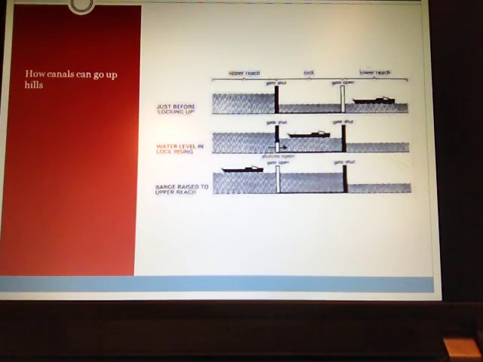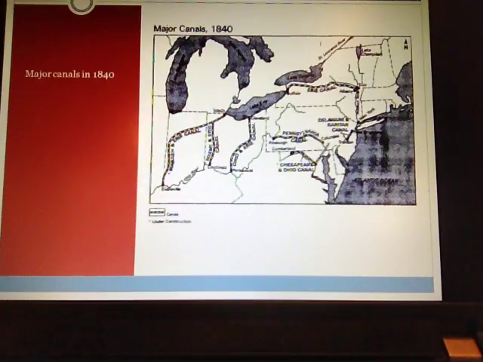So the beautiful thing about canals is you don't even have to make the ditch level. As long as the ditch has these gates, you can actually get boats to go up and down elevations using what's called this lock system. Okay? So these government-owned roads and these government-owned canals are going to be quite important in terms of connecting major regions of the country. So this is a map that shows you some of the most popular canals in the time period. And what you'll notice is they always connect a big body of water with another body of water.